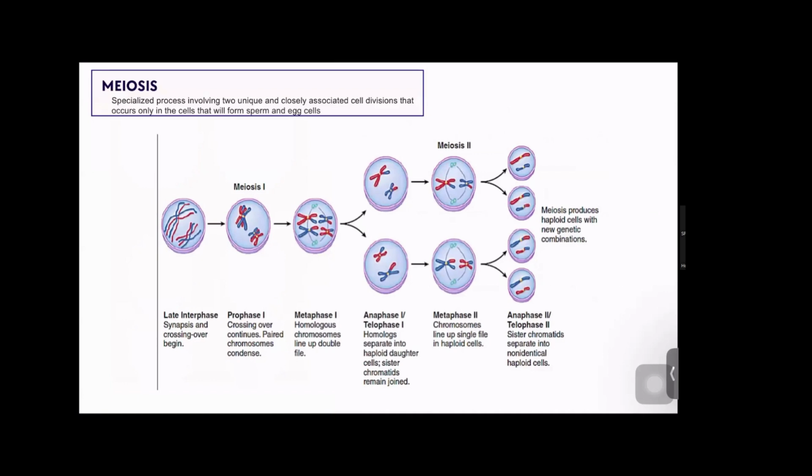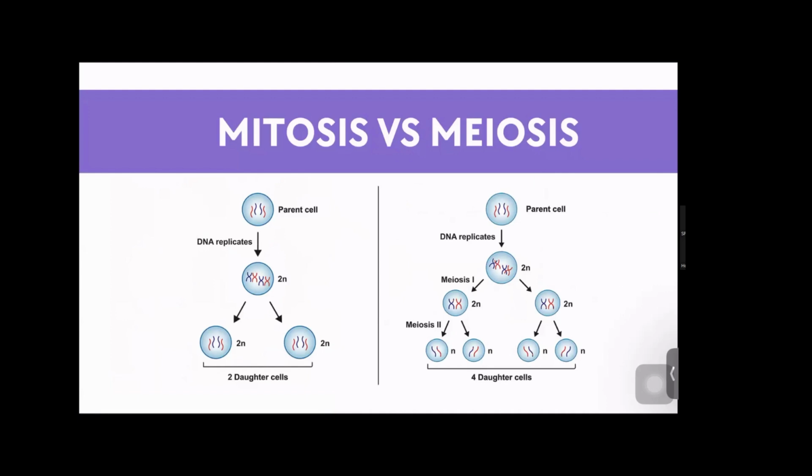So this is an illustration of your meiosis. Now, class, always remember that mitosis and meiosis both begin with diploid parent cells that have chromosomes duplicated during the previous interphase. However, the end products differ because mitosis produces two genetically identical diploid somatic daughter cells, while meiosis would produce 4 genetically unique haploid gametes.